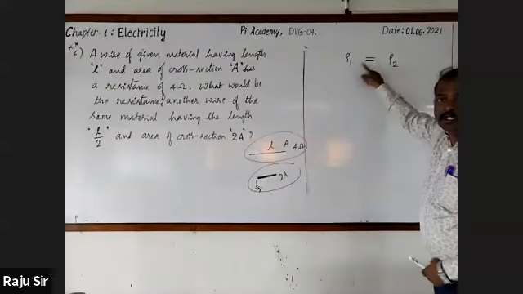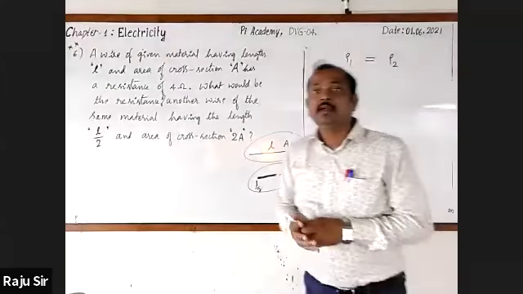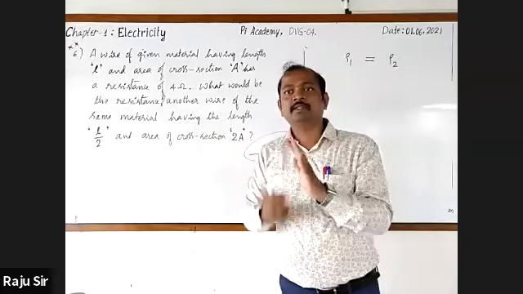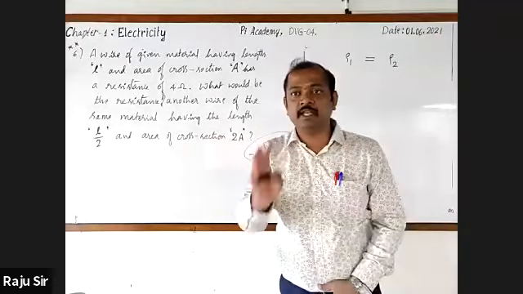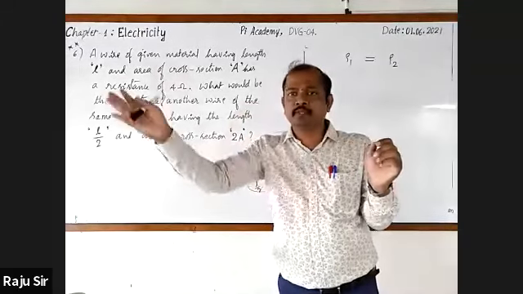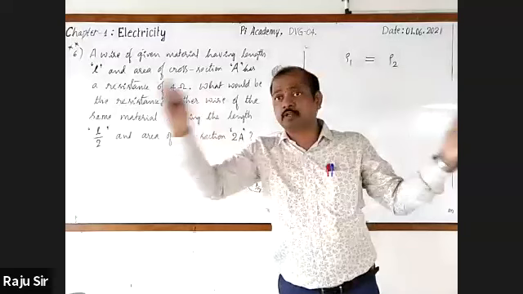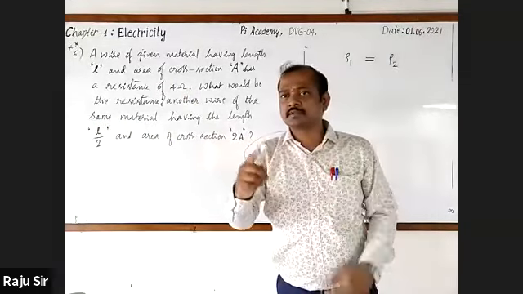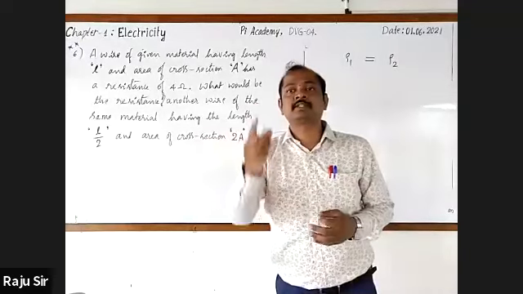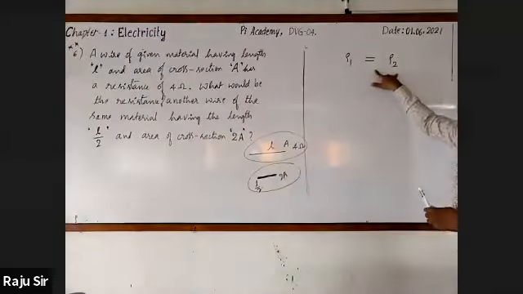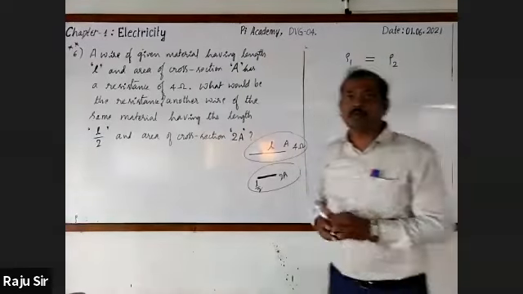Here, these two are equal because the resistivity of a material is the same irrespective of its length and breadth. Even a copper wire, you may cut into any number of pieces, or take different copper wires. Their resistances will be different, but the resistivity will always be the same. Hence, we have written like this.